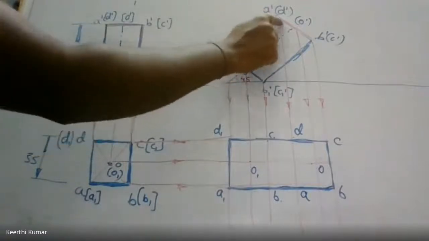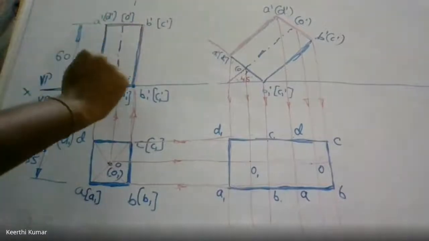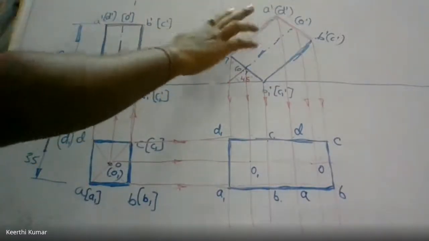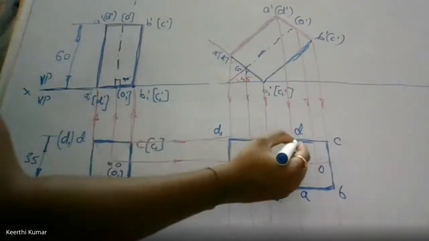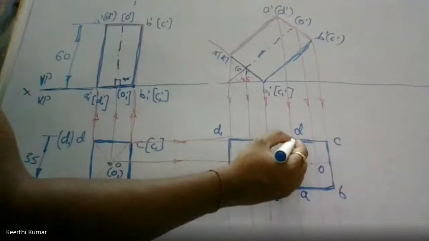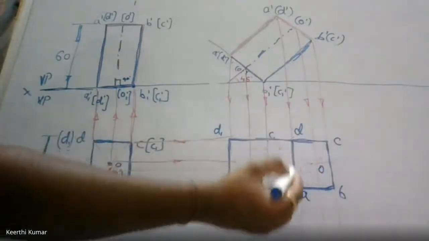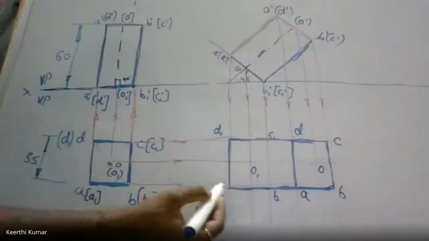See these two lines, what I showed, I can see that from the top. So where is D dash and A dash? D dash and A dash is in the thickened line. So I can easily see. So whenever any line I can see, connect that with the thick line. So A, B, B, C, C, D, D, A. All this is completed.